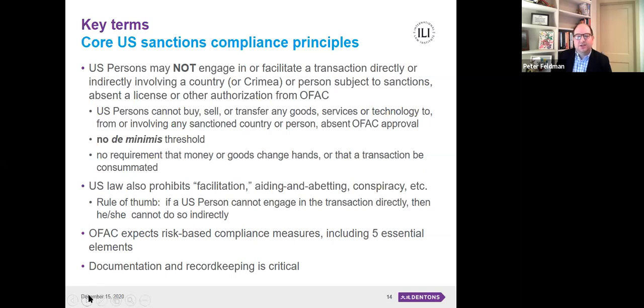It's also important to recognize that there is no de minimis level. There is no monetary threshold, no materiality qualifier at which sanctions start or stop applying. And what we've seen in recent years is several enforcement actions where the amount of sanctionable activity was essentially a rounding error compared to the value of overall transactional activity. From a U.S. perspective, that does not make a whole lot of difference. Now, it certainly would go to the magnitude of any violation and the magnitude of any penalty. But as a basic principle, there is no de minimis amount. It's also important to note